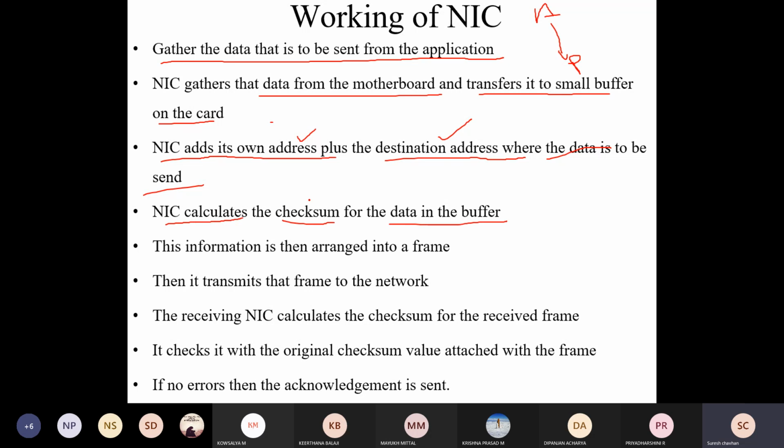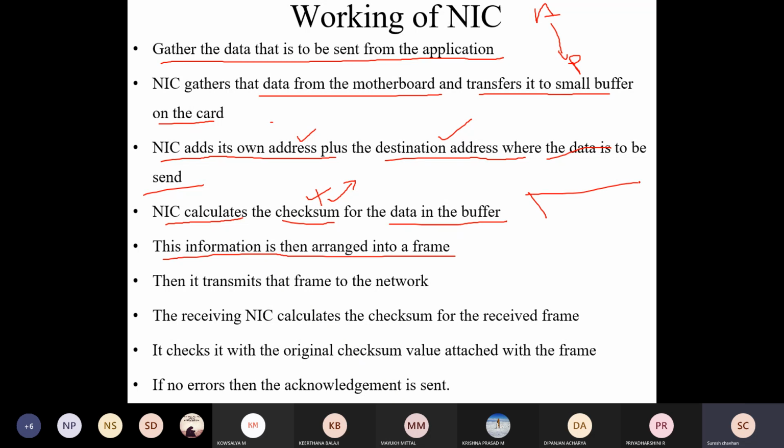Checksum, CRC, how to detect the error, correct it, and how to transmit the packet along with the checksum, we will see in the future. The checksum is used for error correction,